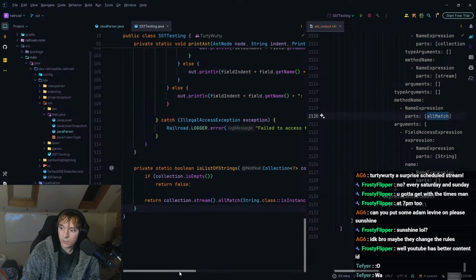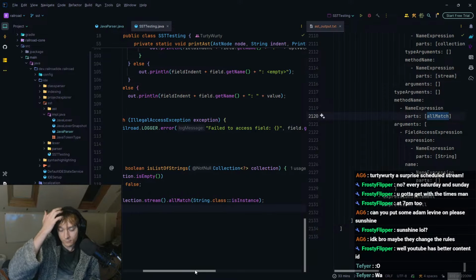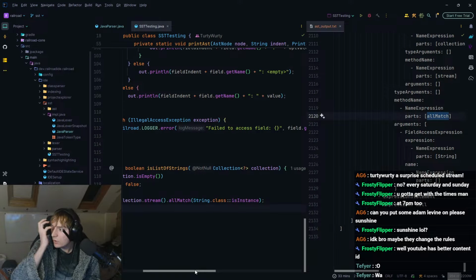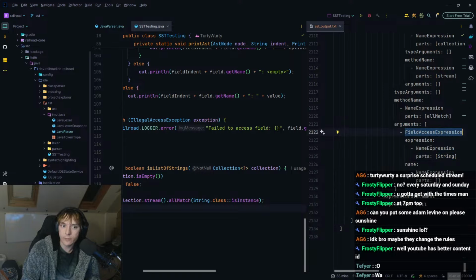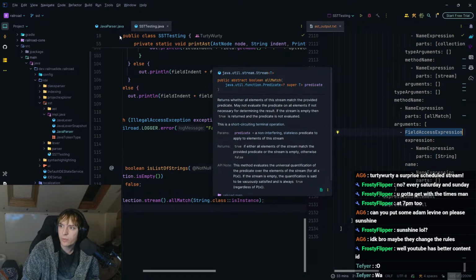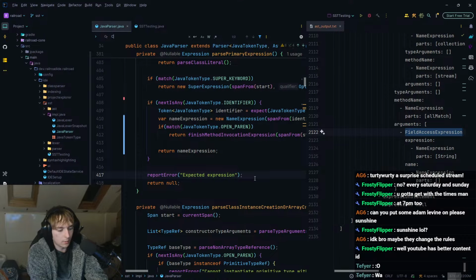Oh, this actually hasn't worked, unfortunately. So what's happened here is it's found string and it thinks it's a field access expression, when in reality this should be a class expression or whatever it's called.